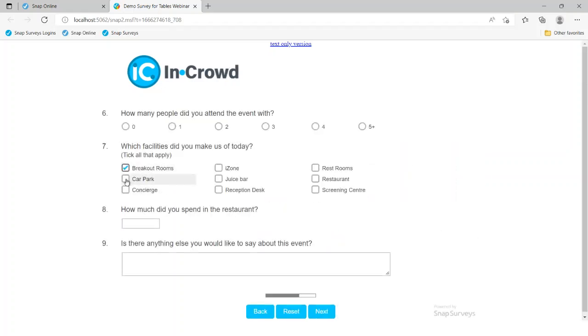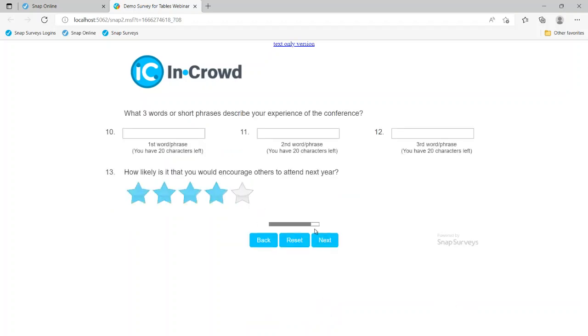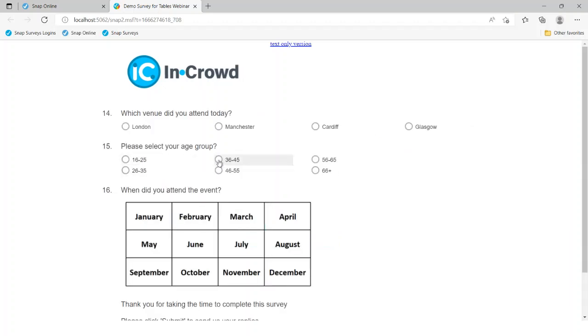There's some multiple response questions where they can choose as many options as they wish. And we've also got a quantity response question where we're asking people how much they spent. And then towards the end, there's some demographic questions which we're making use of, age and where people attended, etc. Plus there's a single response map control. So nothing too exciting, just a little bit of everything. But if I move back into the software,